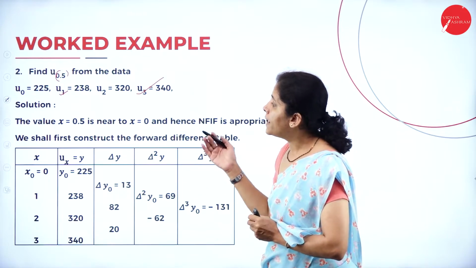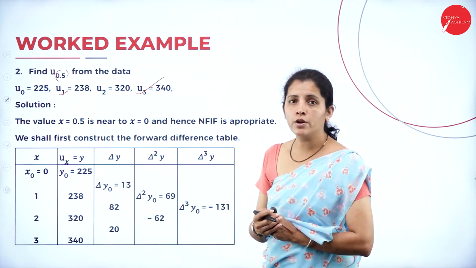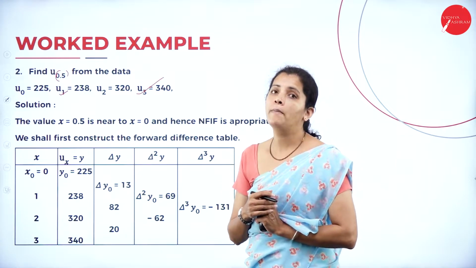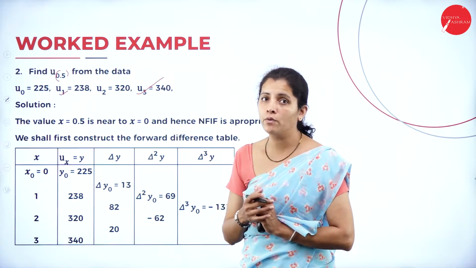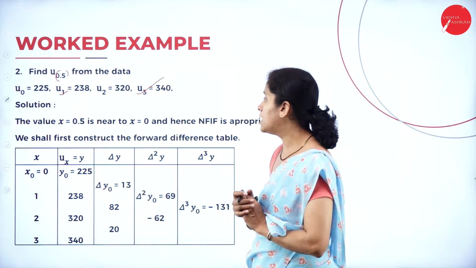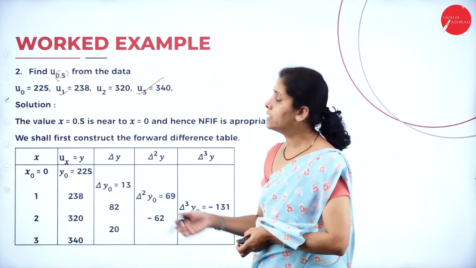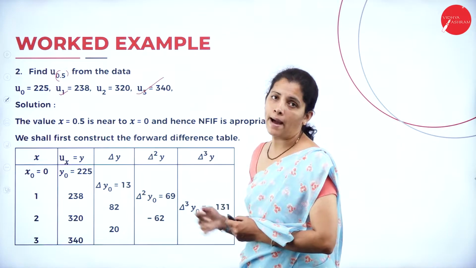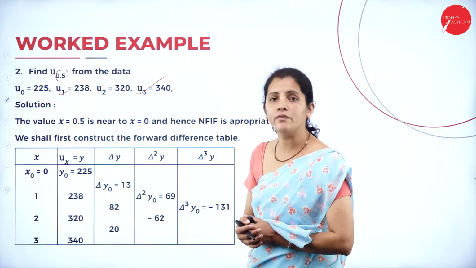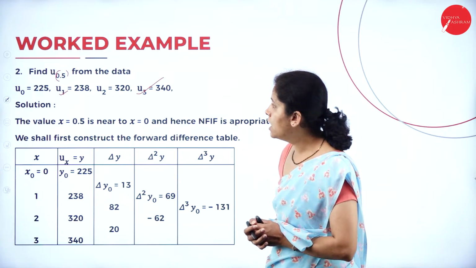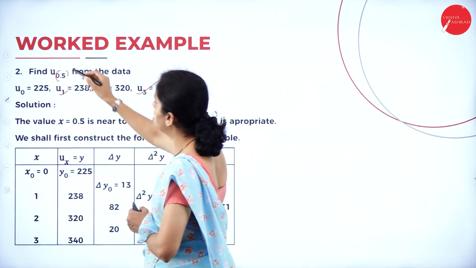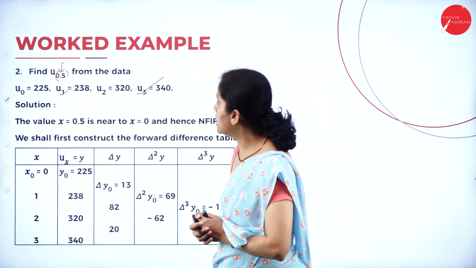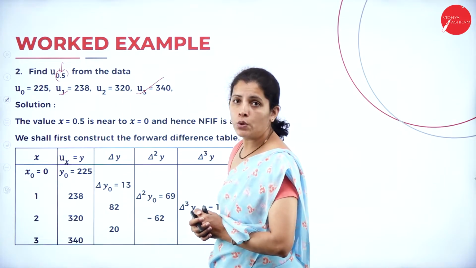And by using Newton-Gregory interpolation formula, that may be forward or backward, first I want to construct the table, and at the same time I want to find out whether it is backward interpolation or forward interpolation. And if I see the question, where and when I want to find out the answer, when u of